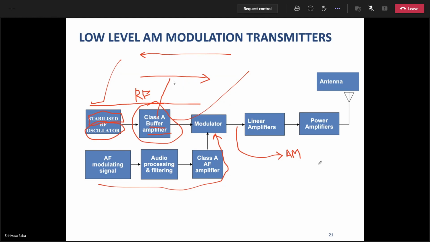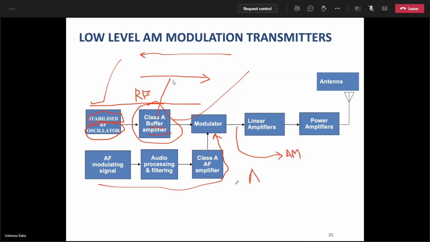AM is amplitude modulated. So now you have expressed C of t is equal to AC cos omega ct or cos 2 pi fct. So after modulation, that AC must be changed. The amplitude of the carrier signal must be modulated. So it is AC plus AM cos omega mt. That is your amplitude part. This whole is multiplied by cos omega ct. That is your AM signal. AM signal is equal to AC.